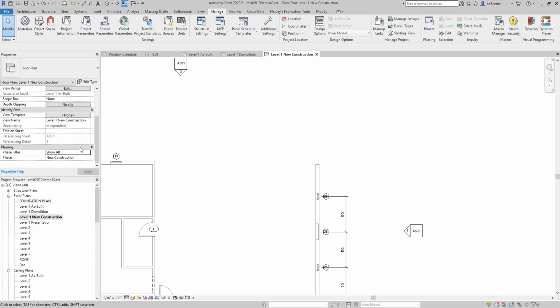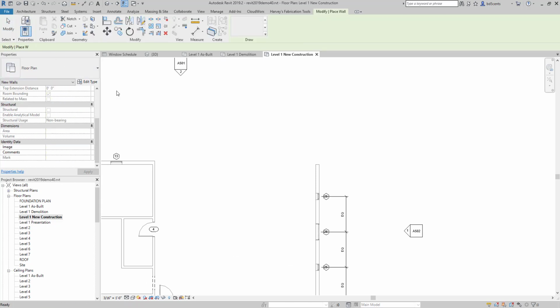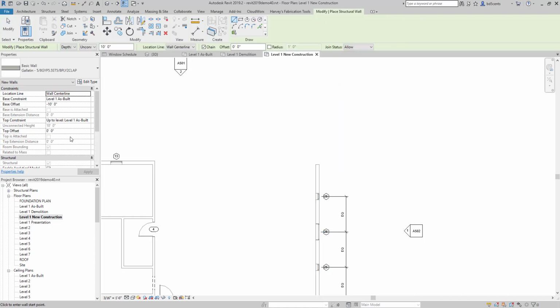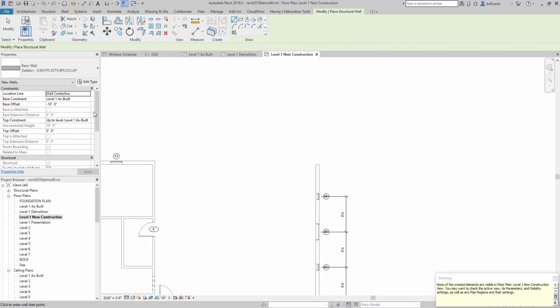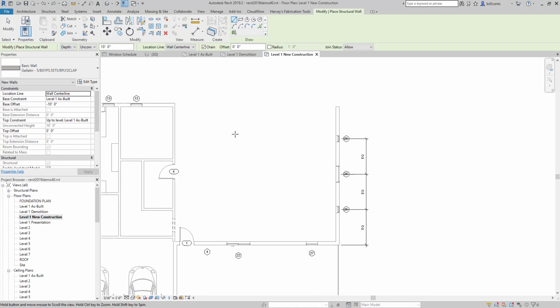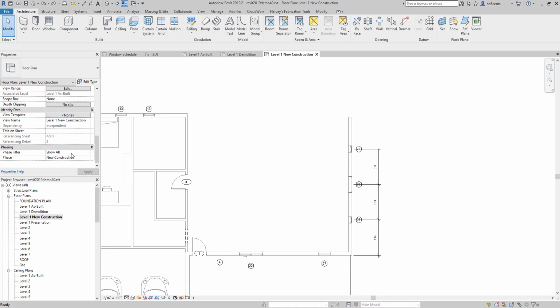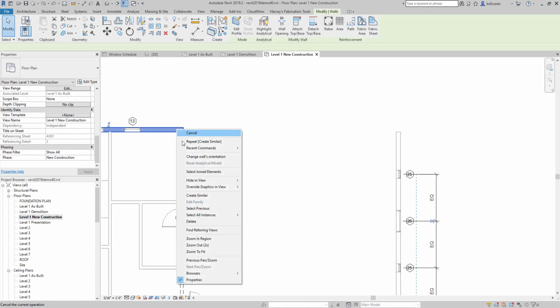So now what we can do is come in here and create a new wall, or we could create a similar wall, and that similar wall is being created on the phase of new construction because we're in new construction. I want to make sure that the crop view is not cropping, and I can continue drawing walls as needed. Now, if it doesn't show up, that means that I drew the wall on the wrong phase. So that's something to be aware of: what phase is that wall being drawn on. If I go to new construction, it's showing all new construction. So let's try creating a similar wall here,